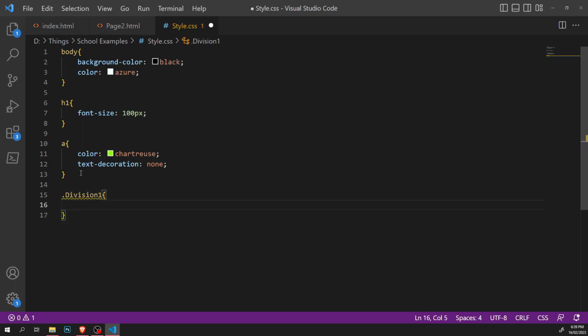Squigglies. Now, what do we want to do to division 1? Well, we want to see what it actually looks like. To see what it looks like, we're going to add a border, double dot, of a certain size. We'll make it 2 pixels, space, of a certain color. We'll make it red so it stands out, space,